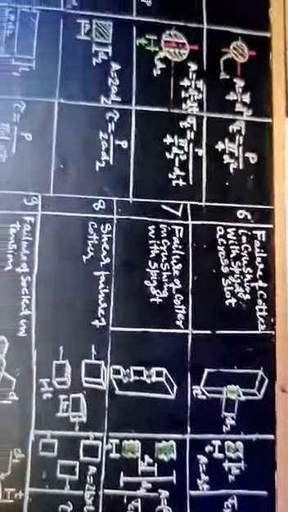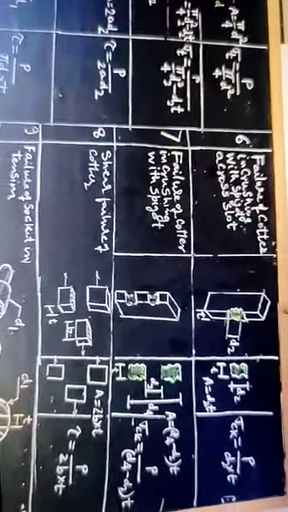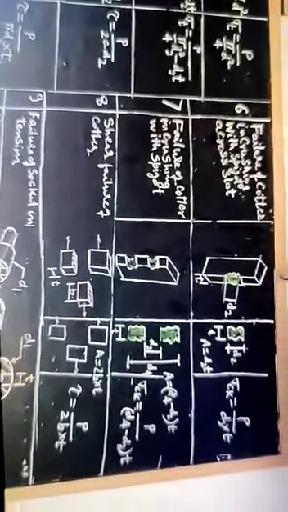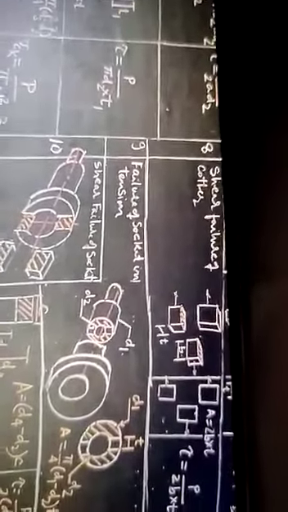Now next failure is shear failure of quarter, double shear failure, and that area is given by A is equal to 2 into B into T, and strength equation is given by tau is equal to P upon 2 into B into T. Next we will consider the failure of socket in tension.